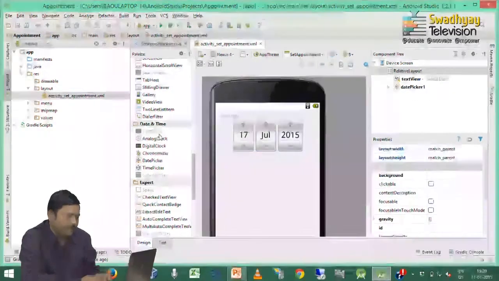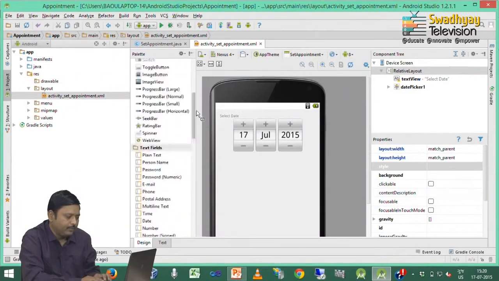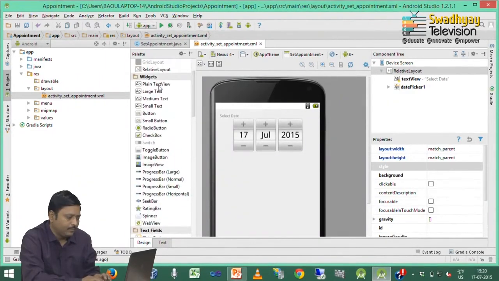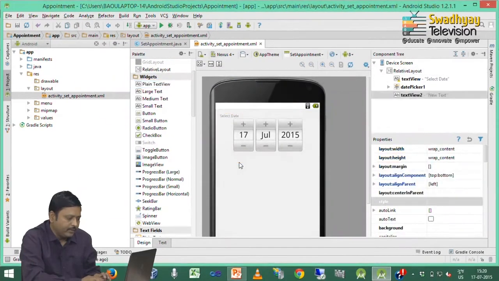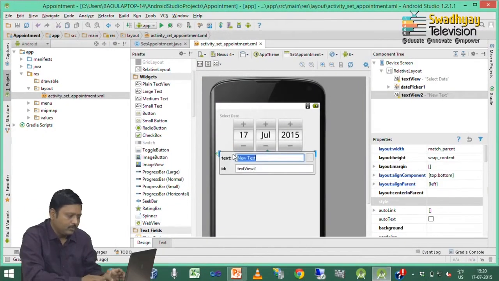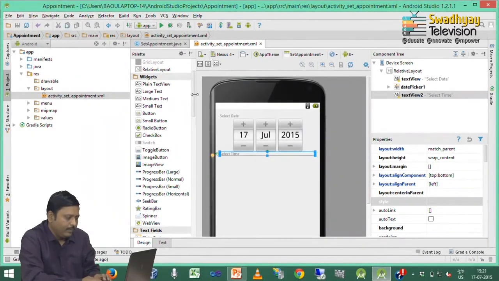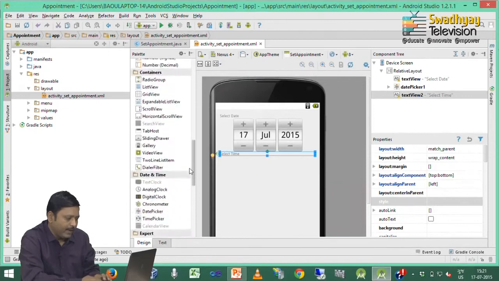Now, I am dragging another text view to instruct user that he has to select time also. So, I am setting text as a select time. Now, below this I put time picker.